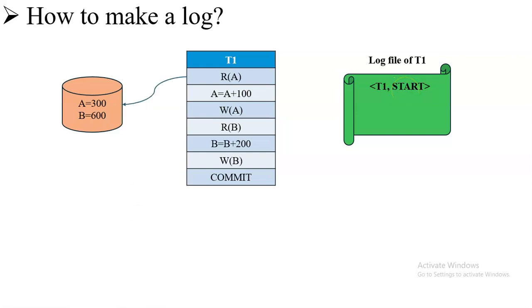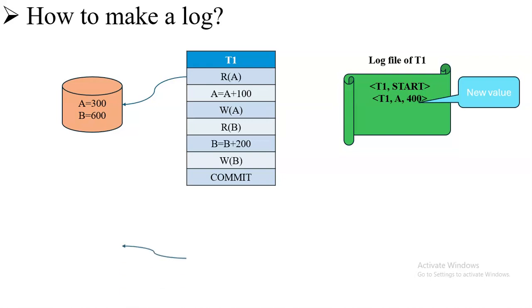T1. So the first thing is, as in the last slide that we saw, T1, start. Then read of A happened. After read of A happened, that means it is 300. Then 300 plus 100 got added to it, and then came write of A. When write of A came, the log entry becomes T1, A, 400. That means transaction T1 is operating on A data and its latest value is 400, that means 300 plus 100, which is 400. So if you see, the new value is stored in the log file, right? Then comes the next